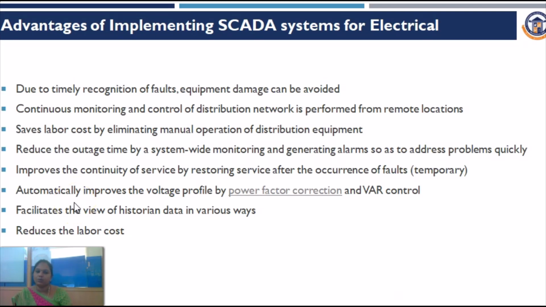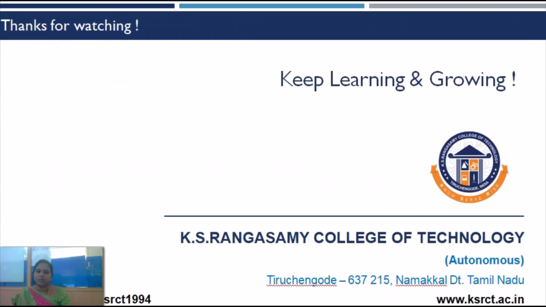It improves the voltage profile by power factor correction and VAR control, and facilitates the view of historian data in various ways, that is, using the alarm logging technique. It records all the historical data of the particular equipment and reduces the labor cost. So these are all the advantages of